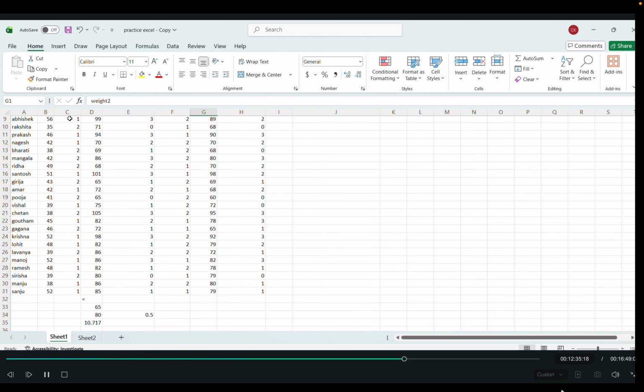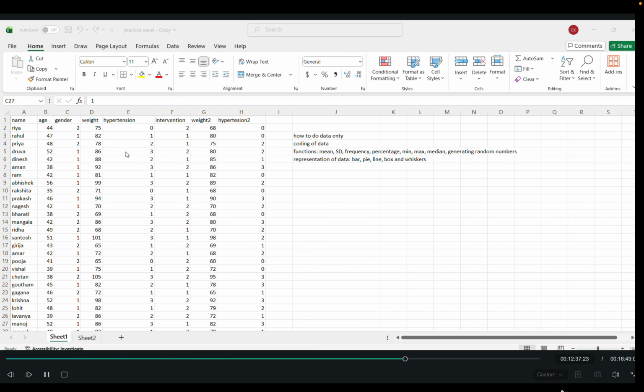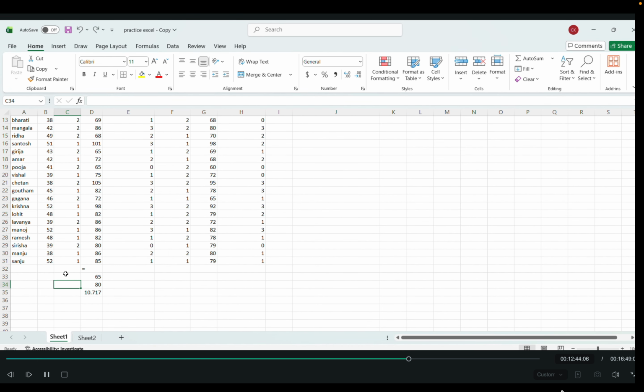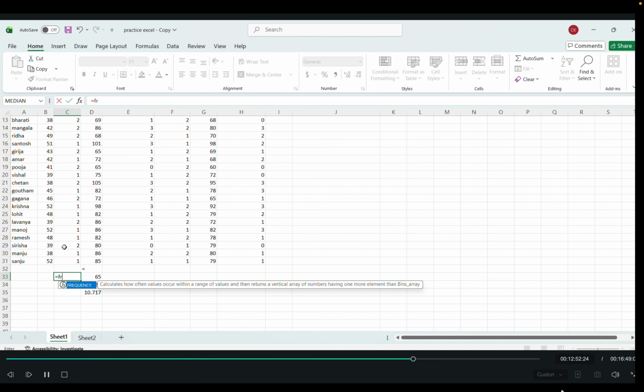That is, we can see it in gender. We will see the frequency for the gender option where we have 1 and 2 coded here. I want to see the frequency of male and female. So similarly give equals, and you can just write frequency. Here it shows frequency, then double tap it. It asks for from where to where.